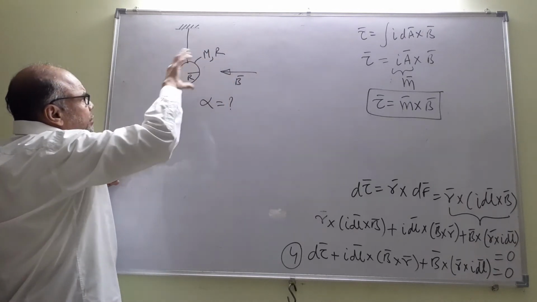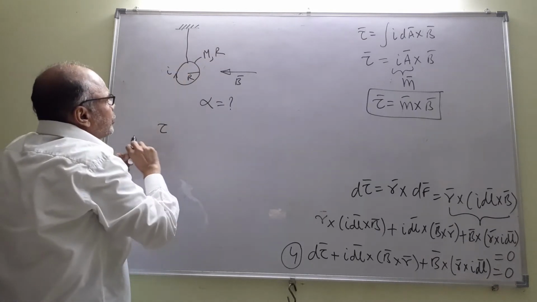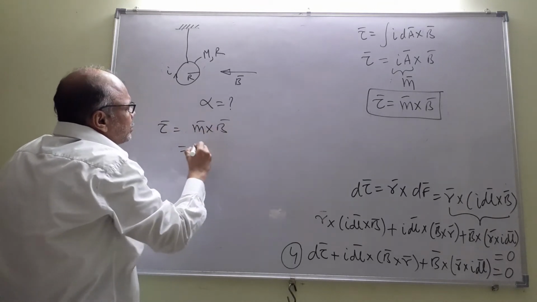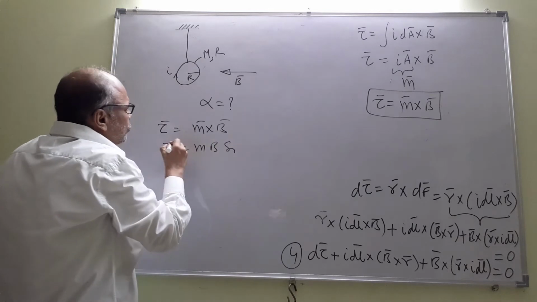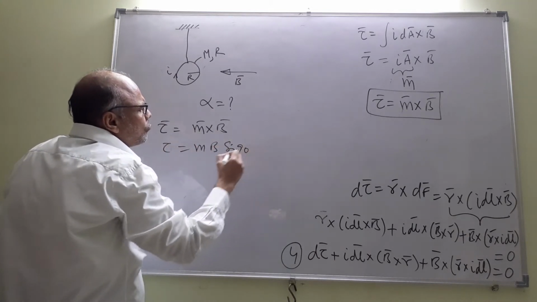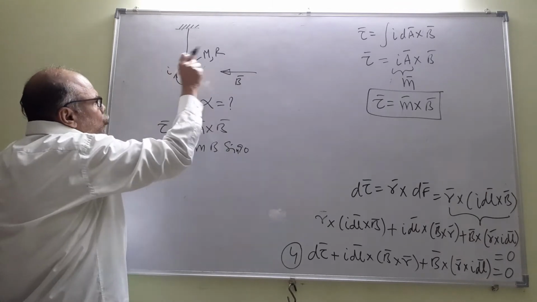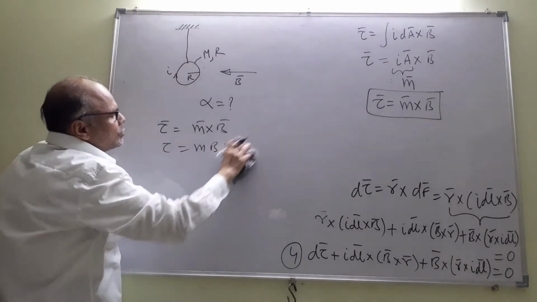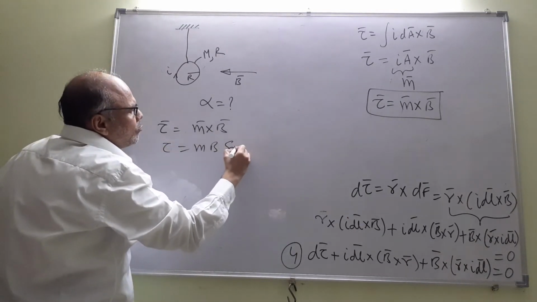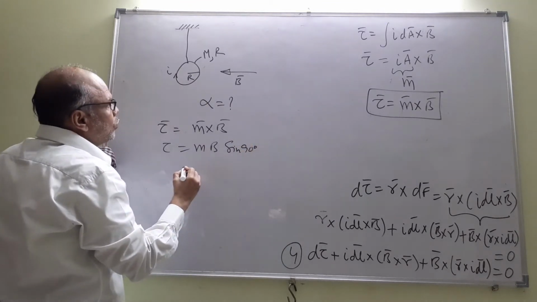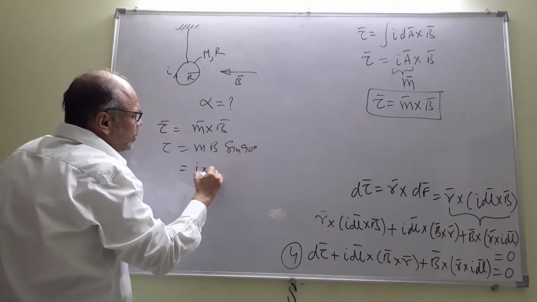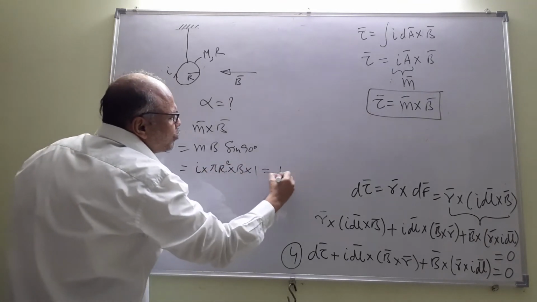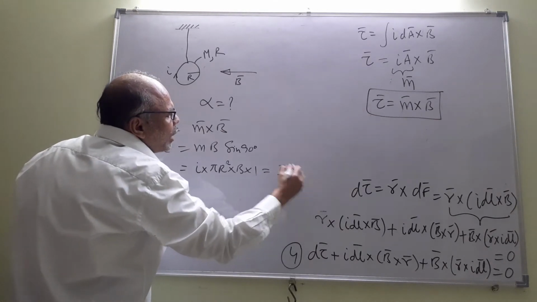See, the area vector would be into the board. So torque is going to be M cross B, that is, the magnitude of the torque will be MB sine 90, because the area vector is into the board and B is on the board. So this would be, M would be the current I into the area pi r squared, into B into 1. Torque is moment of inertia into alpha.